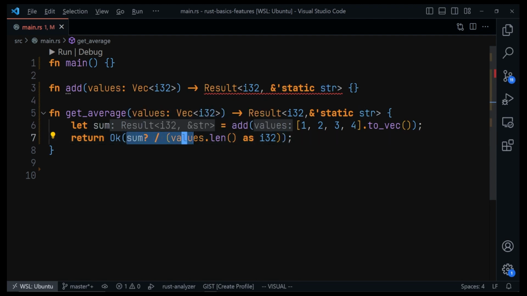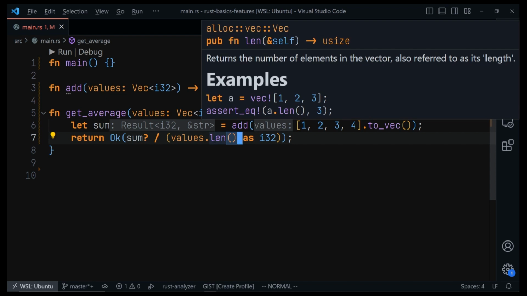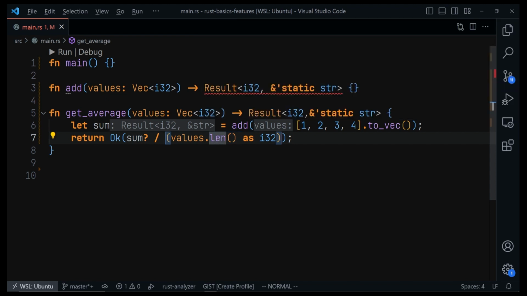Now we run into some problems here because we are trying to add a usize, which is returned by this len, with an iterate2, which will be returned if it is successful. So we have to convert it to iterate2, just cast it somehow to iterate2, and Rust will take care of that, and then we'll return the value. And now lastly,